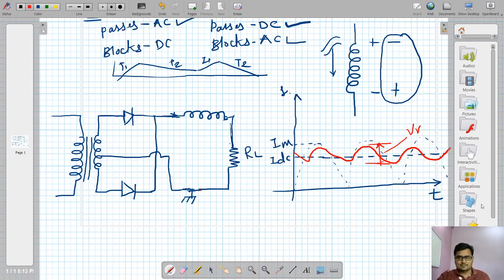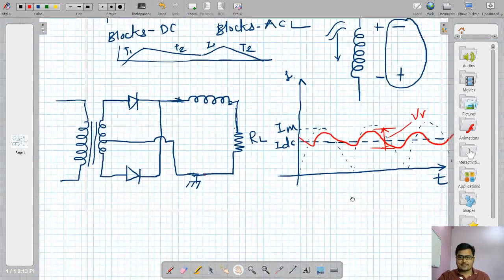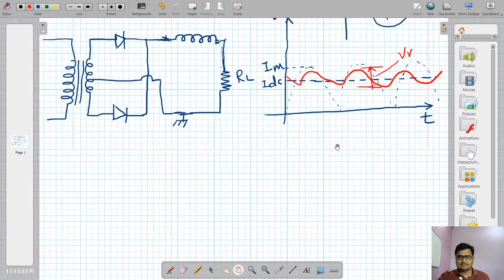Now, again, there is a small theory behind that. Why am I not drawing the inductor filter with a half wave rectifier? Before starting with this full wave rectifier with inductor filter, I want to tell you that nobody goes for a half wave rectifier with inductor filter. What's the reason? When the inductor filter is there with a half wave rectifier, let me copy the transformer as it is.